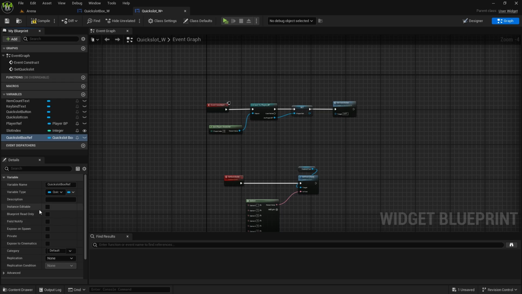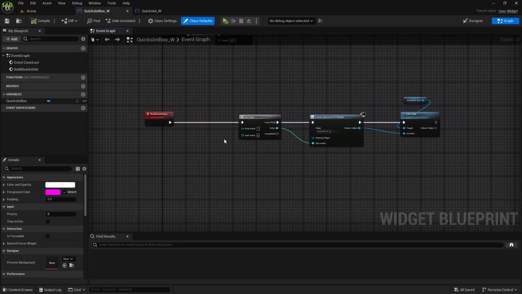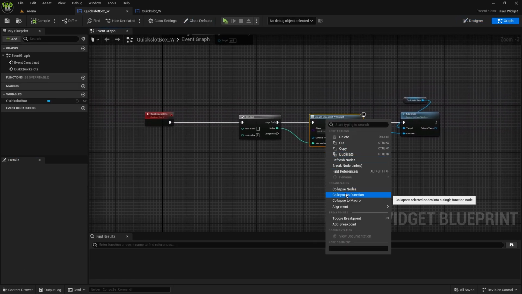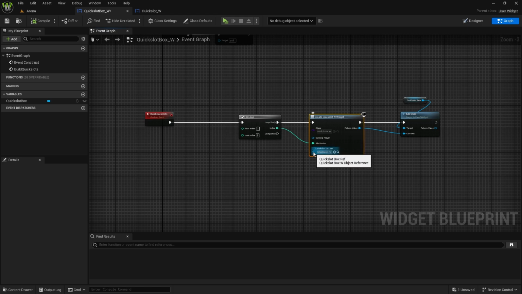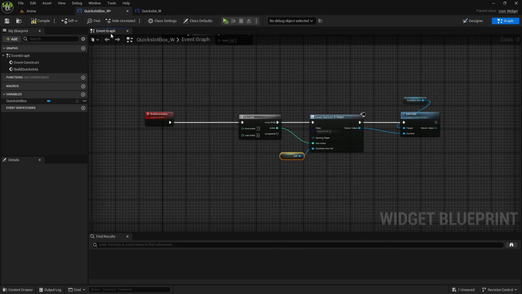We can make it instance editable and expose on spawn. Compile and save. Now in a Quickslot box, when we're creating the Quickslots, right click, refresh it, and here we'll connect self. So now inside the Quickslot we do have reference for this Quickslot box,